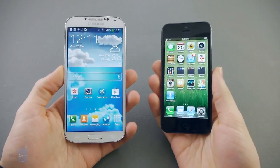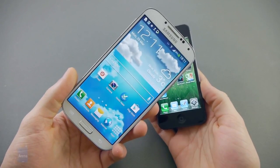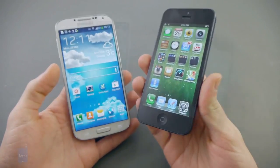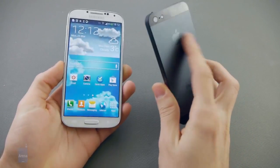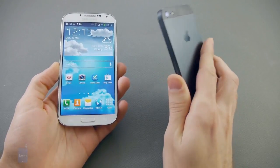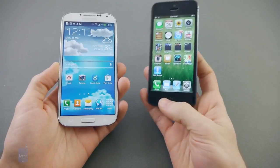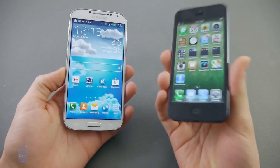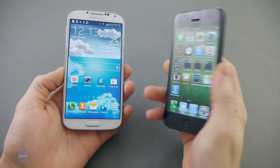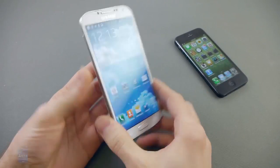Hey guys, this is Ray with Phone Arena and you're watching our video comparison between the Samsung Galaxy S4 and the iPhone 5. Design-wise, the iPhone 5 is easily the better handset. It feels premium, it has this quality metal finish with glass pieces, and everything on its body is very well made. The home key, the volume key is here. So it just feels like an expensive product, and meanwhile, the most interesting thing we can say about the Galaxy